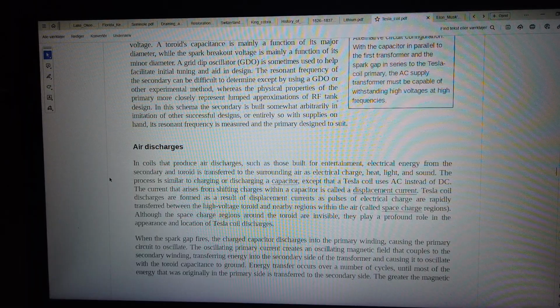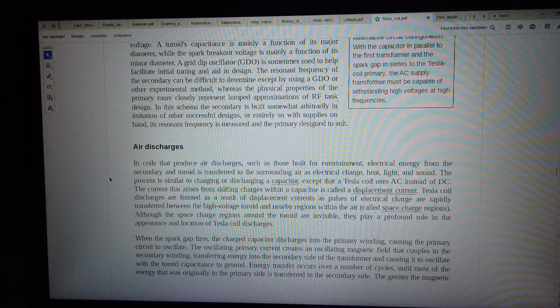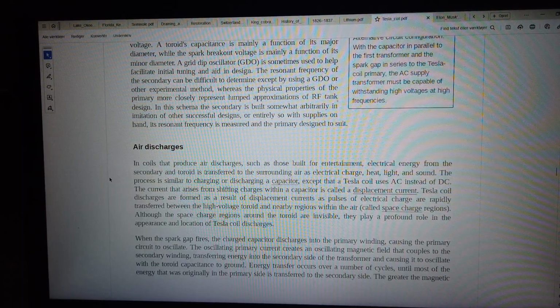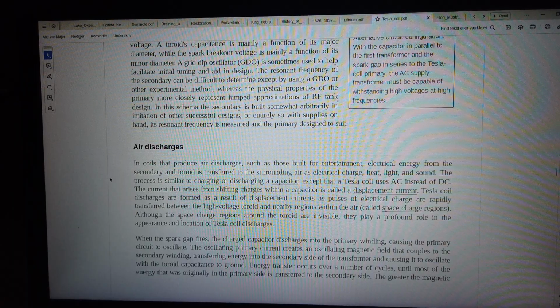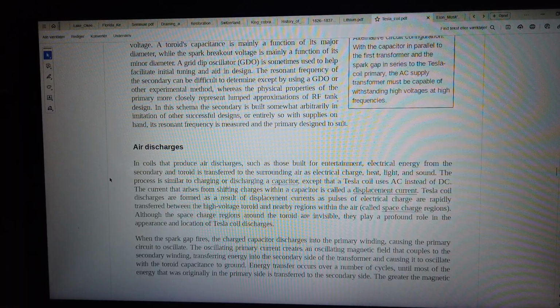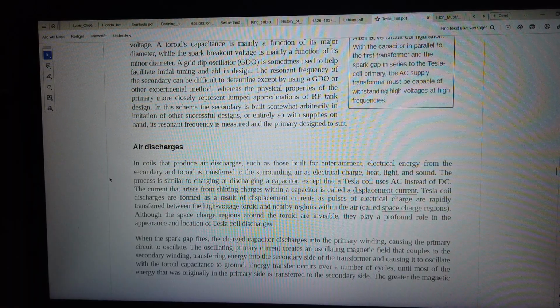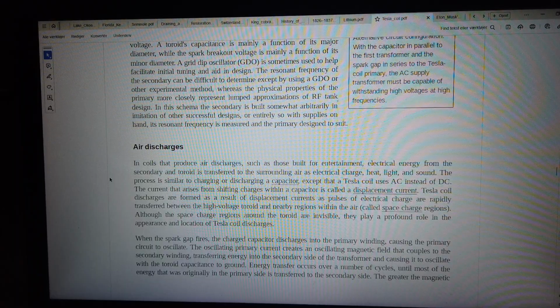Capacitor is called a displacement current. Tesla coil discharges are formed as a result of displacement currents as pulses of electrical charge are rapidly transferred between the high-voltage toroid and nearby regions within the air, called space charge regions. Although the space charge regions around the toroid are invisible, they play a profound role in the appearance and location